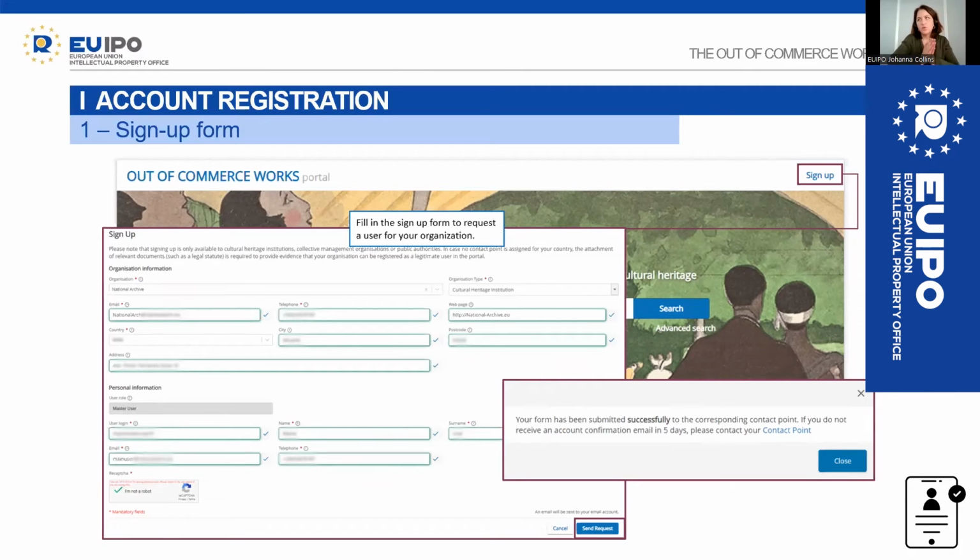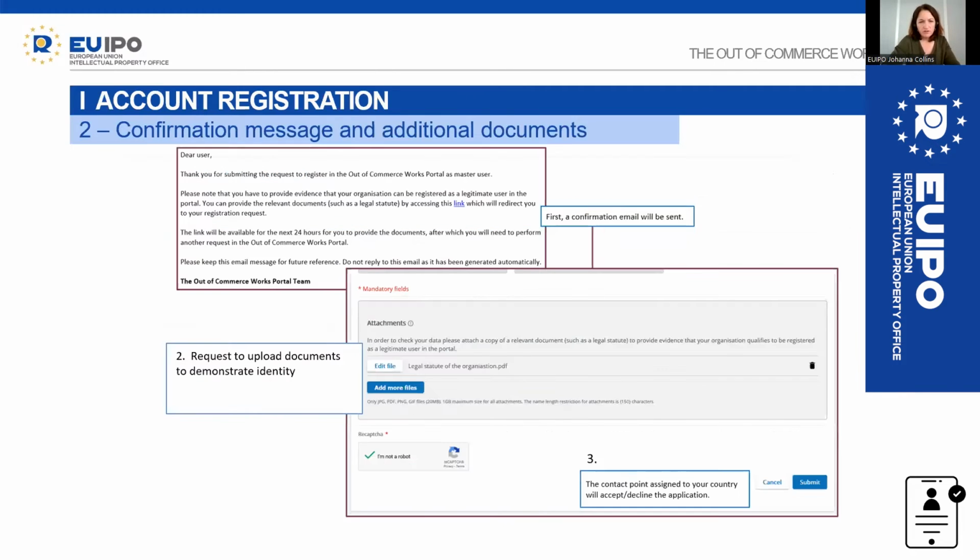We have one role, which is called a master user, and it's per organization. So when the time comes to sign up, the master user will come and fill this out. It's a simple form with basic information like email and telephone. The user will get a confirmation email, and you have to go to a link and verify, the typical security step that you have to take, but then you'll be asked to